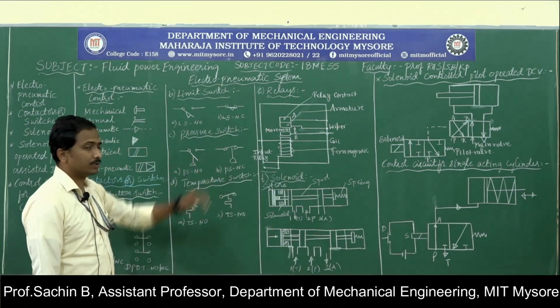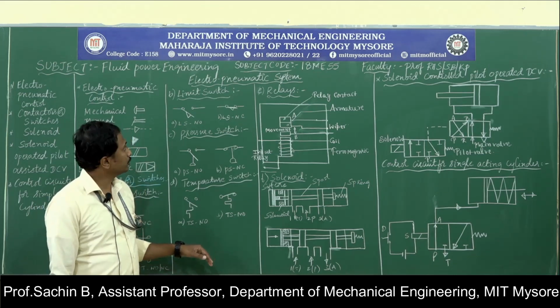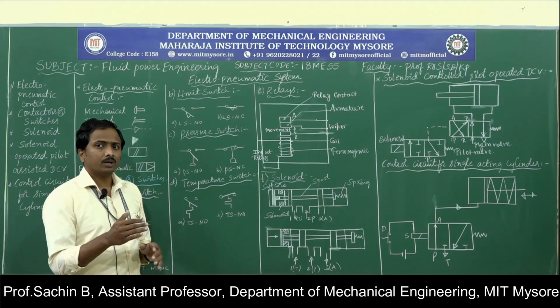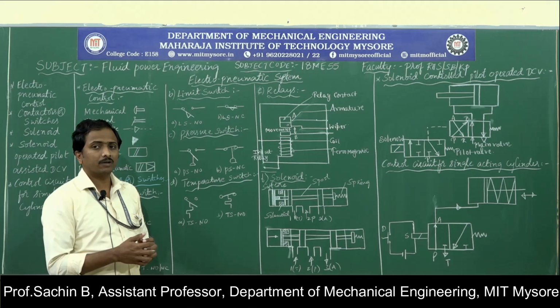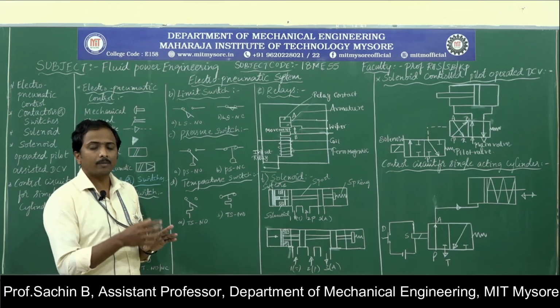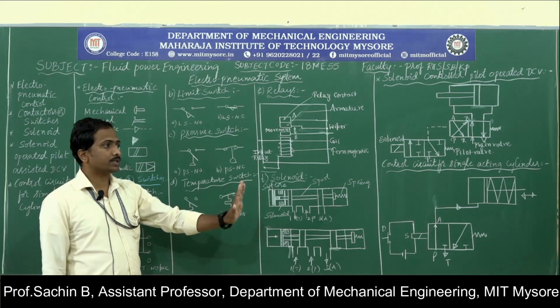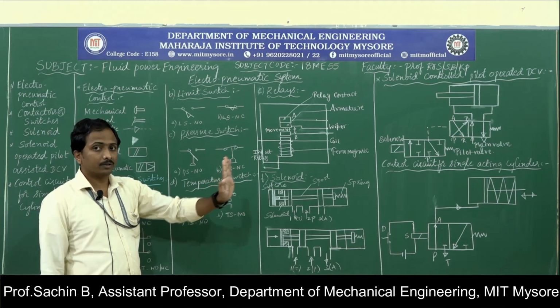Next, when it comes to limit switches. Limit switches are switches which are used as a mechanical sensor in many applications, because a limit switch is an electromechanical device. Once the electrical energy actuates, mechanical actuation happens inside, due to which the limit switch performs. A limit switch may be of roller contact type, cam operated type, or push button type. These limit switches are always placed in the path of the displacement of the extension of the piston rod from the head to the tail end.